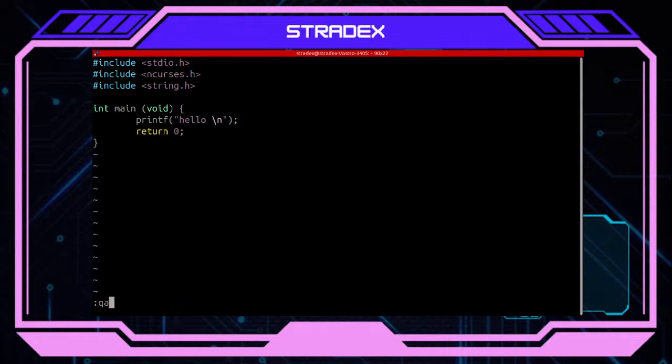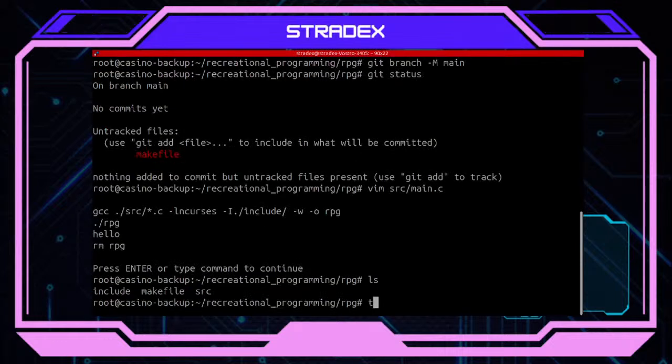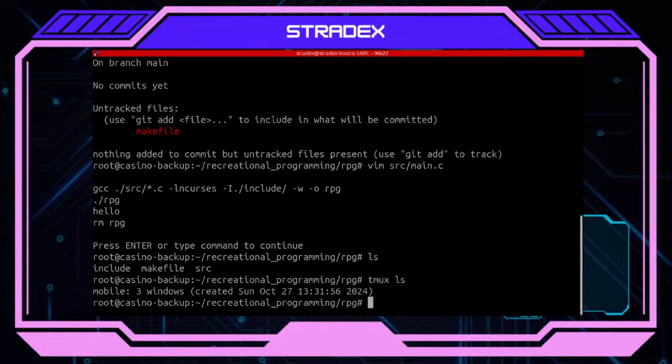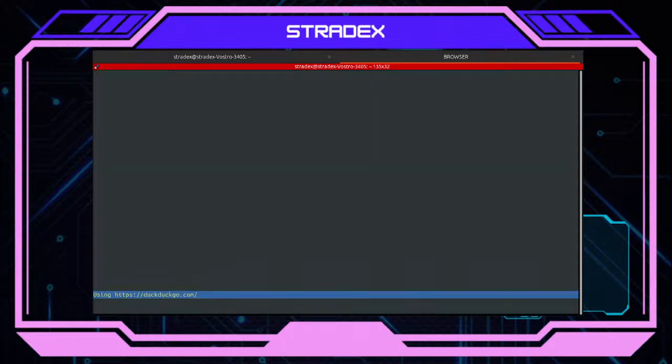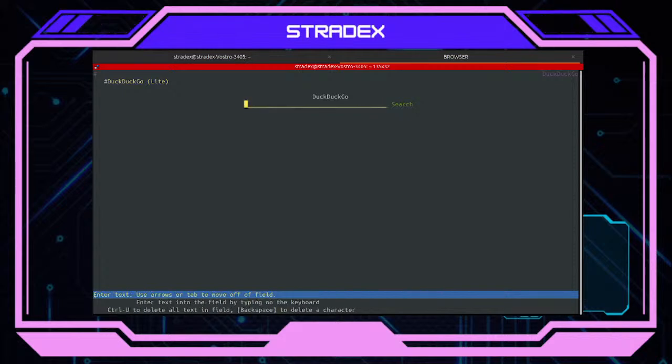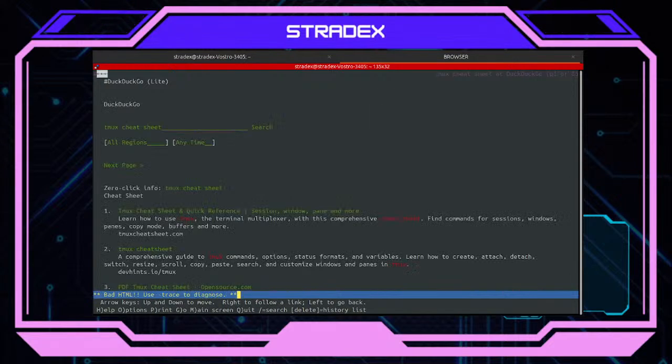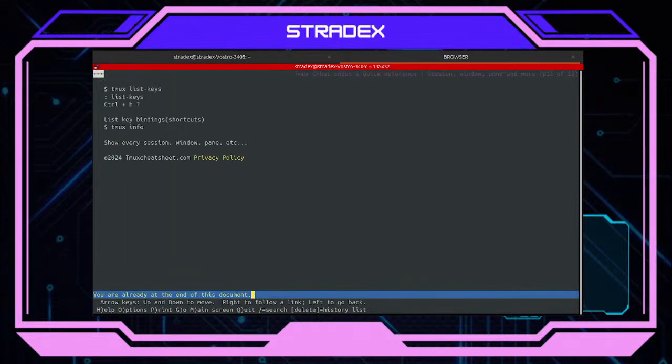So what I want to do probably is to use Tmux from here now. I have a Tmux mobile, but I want to create a new one. But since I don't remember, let's open the browser here. I don't remember how to create a named Tmux session. So let's try it. Let's search here Tmux cheat sheet. Always helps. Here it is. It always helps me.